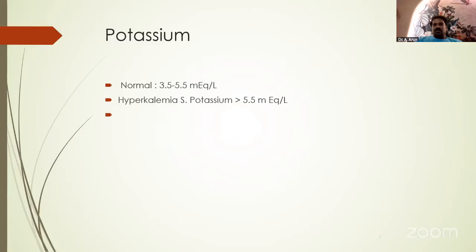So now, if sodium affects the brain, so to speak, I think potassium is more intricately linked to the heart. That is why potassium always puts both the cardiac as well as the kidney specialists in a bit of a dizzy. So the normal levels of potassium in our body are between 3.5 to 5.5. Any levels above 5.5 are considered hyperkalemia.